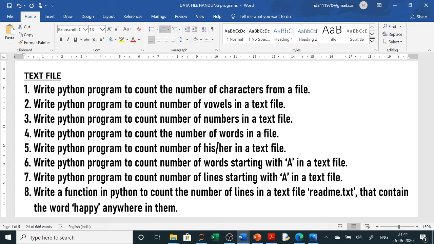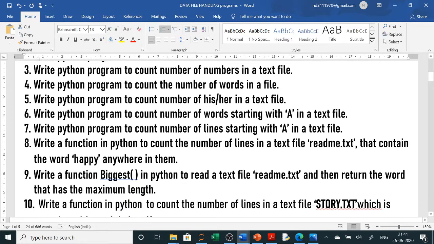So three commands are there: read, readline and readlines. For lines you can use any one. Either you can use readline, which reads one line at a time and does its work, or the second method is using readlines and then a for loop, collecting line by line. So let us do the programs.